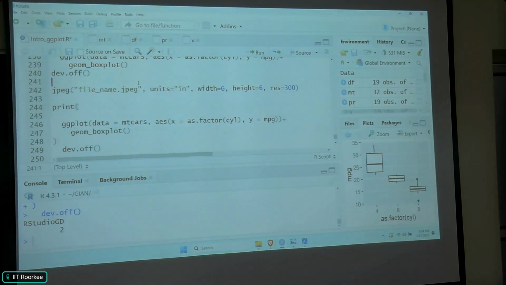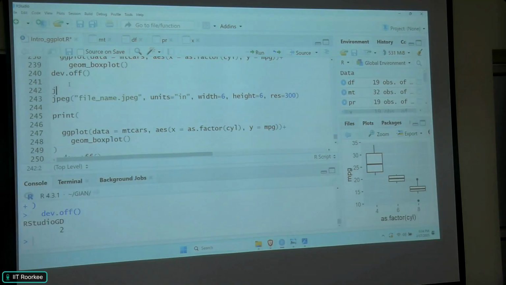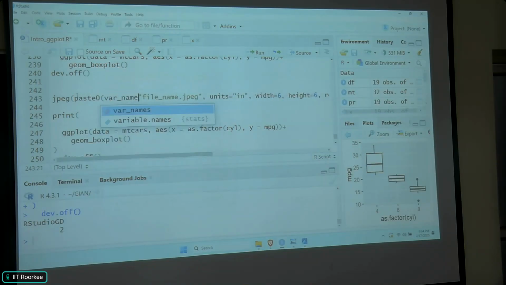I didn't change anything. I just changed this. I wrote jpeg, and you make sure that you give the correct extension. And again, a tip, if you are making plots in a for loop, always remember to give a file name that's flexible, right? Because if I say file name, I export it, then my loop will again export it, it will overwrite. So what I do is, I do this paste0. For example, we had that var name i, so the var name will be different, right? So this paste0 function,